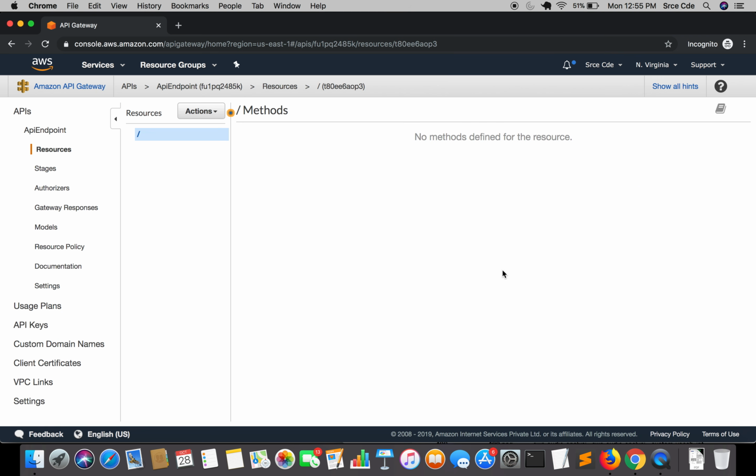So this is what the API looks like at a high level, considering all the options that we have. I have not taken you through each of the options like resources, stages, authorizers in depth, right? Maybe I will take you in depth when we start configuring resources, stages, authorizers. When each of the options comes in our way, I will try to take you through how we can configure it and what we can do. So that's it for now. In the next tutorial, I will take you through how to create resources and methods.